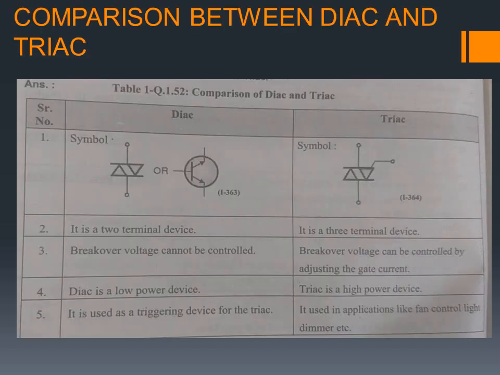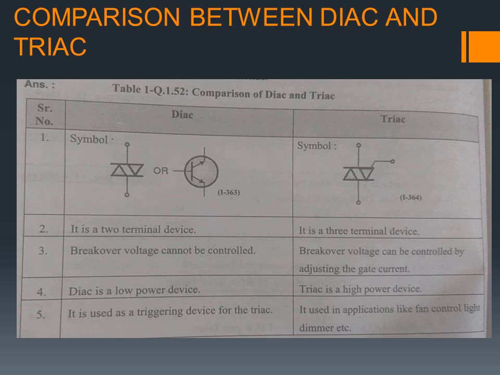Then here comes the comparison between the diac and the triac. Here you can see the symbol of the diac, which is a 2-terminal device, and triac is a 3-terminal device. Since there is no gate terminal in the diac, breakover voltage cannot be controlled, whereas in triac there is a gate terminal, so breakover voltage can be controlled by adjusting the gate current.